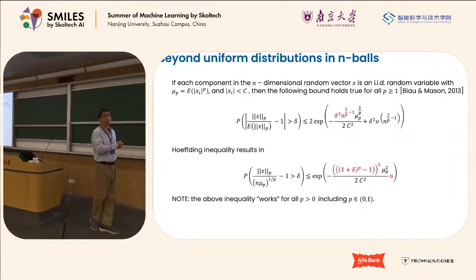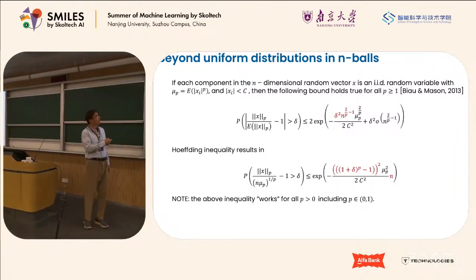One of these classical results is what I put here. If you take an Lp distance, let's start from the beginning. You have a vector whose components are i.i.d. random variables, and you take a realization of this vector. Then by mu_p you denote the expectation of the pth moment. Of course, if the variable is bounded, then these moments exist. Then the following holds for all p larger or equal than 1. What this says is that the probability of this ratio of the length of the vector to the expectation,